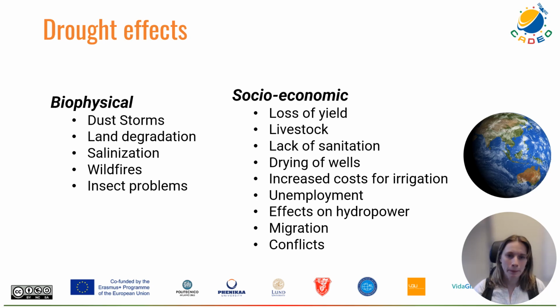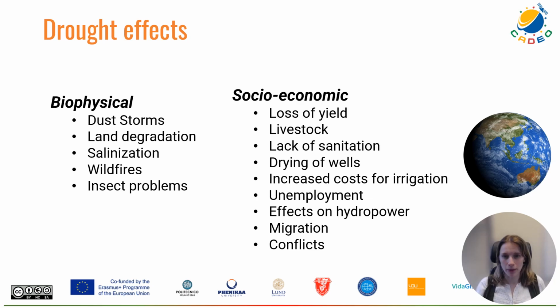We have some biophysical effects of drought, and these are just some examples. Maybe you can think of more or others related to where you are working. But we have biophysical effects, for example, increased risk of dust storms, land degradation, land getting salinized, more salt in the soils,